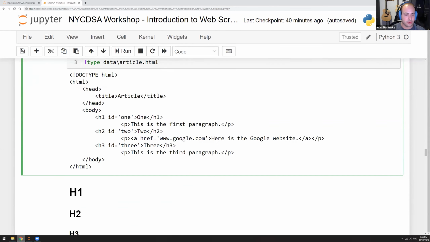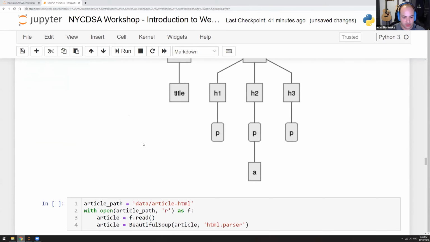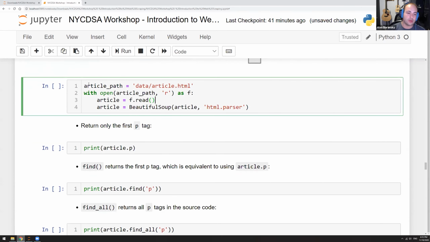So what we're going to do now is go through and look at this document. We're going to make a new Beautiful Soup object and look at these new methods that we're talking about here. So here's our article path, and I can just paste this in if I'd like to, but I'm just going to call it article path. We're going to open this new file object in read mode, and then we're going to read our file